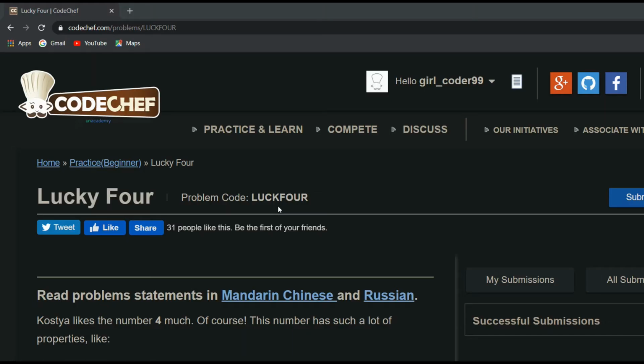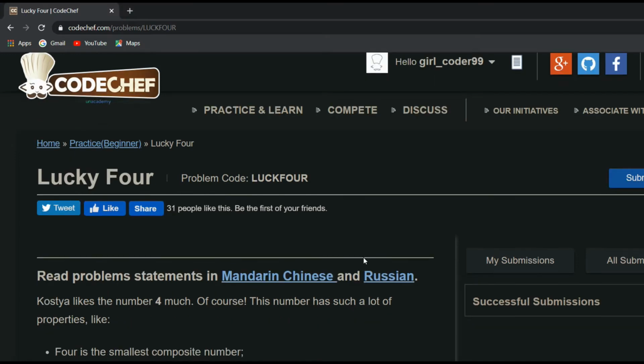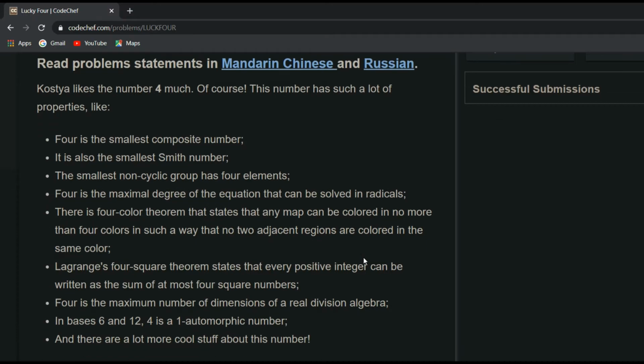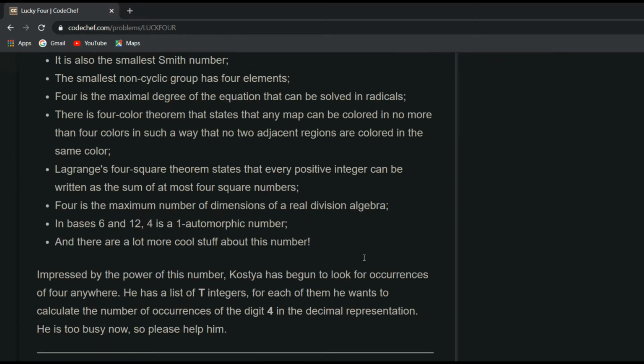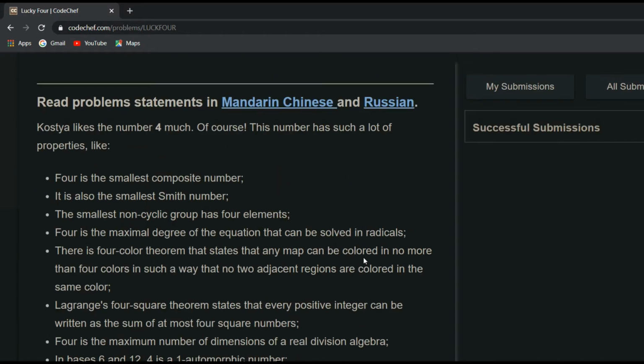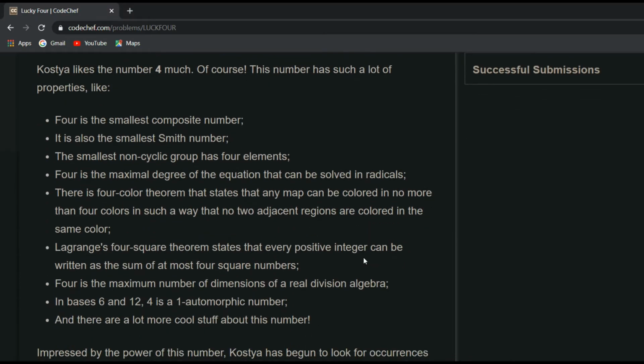Hello everyone, today we are going to solve the most interesting problem, Lucky 4 from CodeChef. This problem looks so complicated, but if you read it clearly, there is nothing in it. So don't get agitated immediately after seeing this, thinking that the question is so big and I can't solve it. But you can, if you follow 3 basic steps. So let's dive into it then.